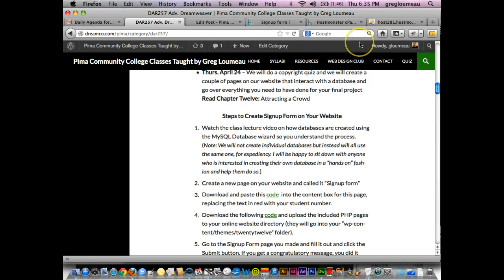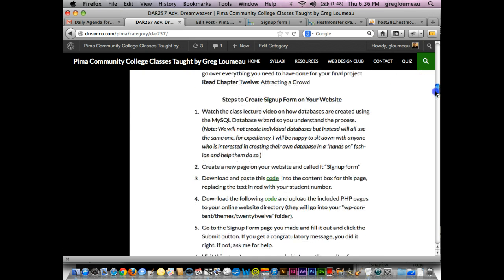Okay, what I need you to do right now is go to that tab on the website that you went to earlier tonight, where you went to the latest post for Advanced Dreamweaver, and scroll down past the videos at the top to Thursday, April 24th, to this section where it says Steps to Create a Sign-Up Form on your website. So we are at this third thing that we're going to do tonight, which is we're going to download a file from the website and use it to create a sign-up form. So scroll down this little page here until you get to the third choice where it says download